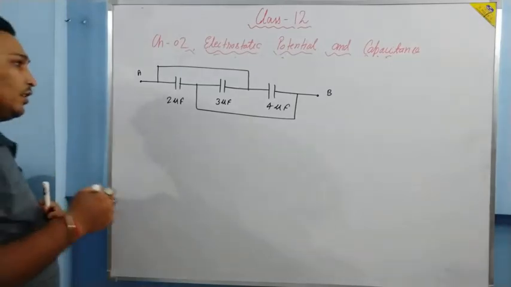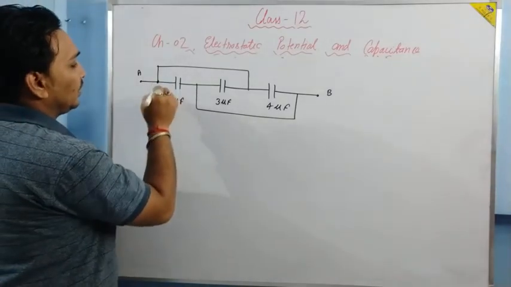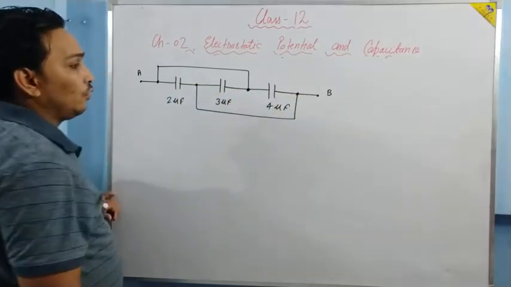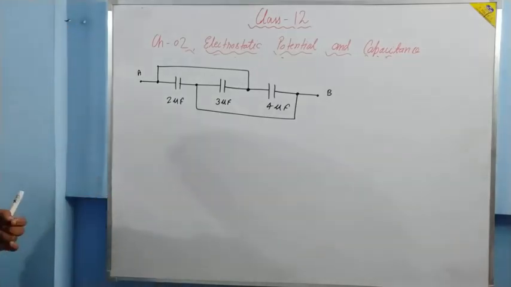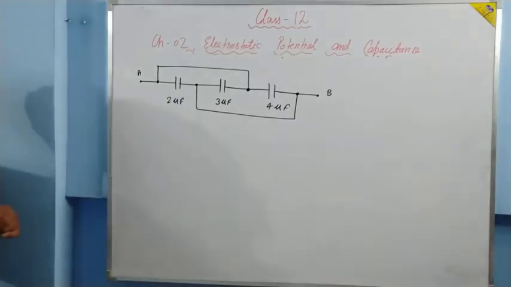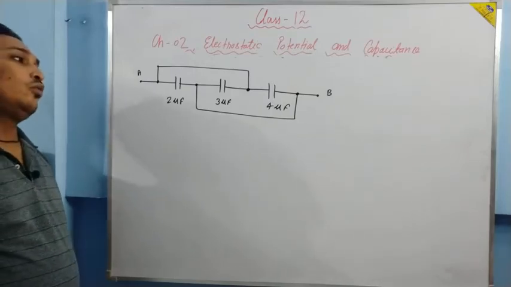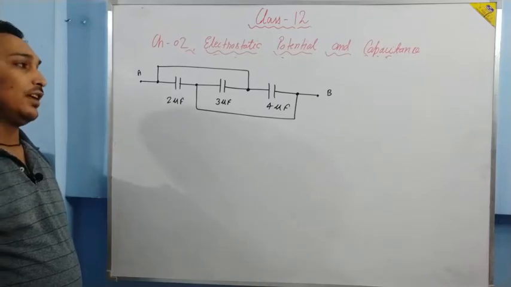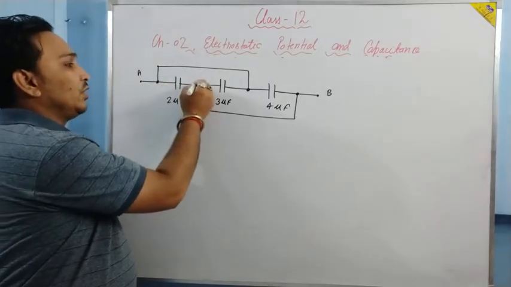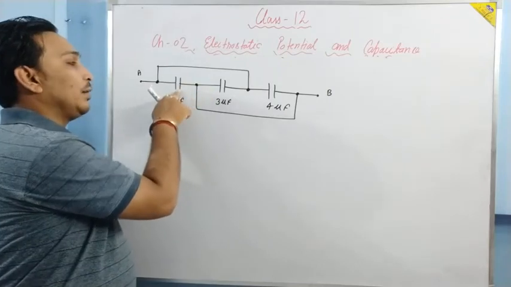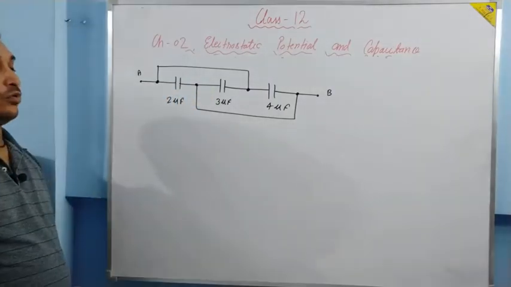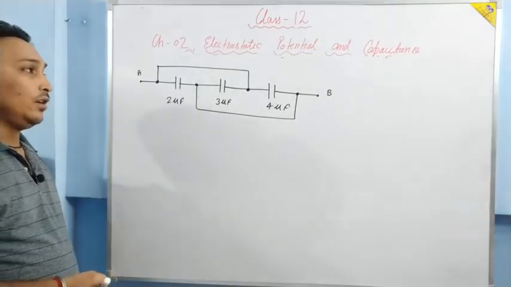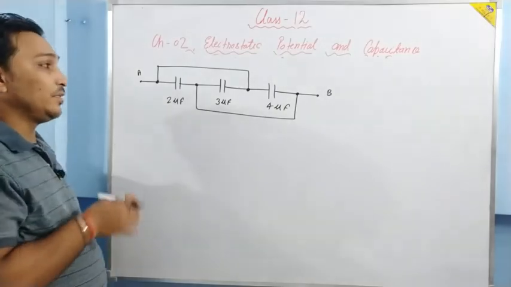How many junctions are there? So this is 1, this is 2, this is 3, and this is 4. 4 junctions are there. So basically what we can see from here is that no two capacitors are in the same junction and no two branches are there which are between the same junctions. Like if we take these two junctions, we have only one capacitor, so there is no question of combining this capacitor in series, and there are no two common branches between these two.